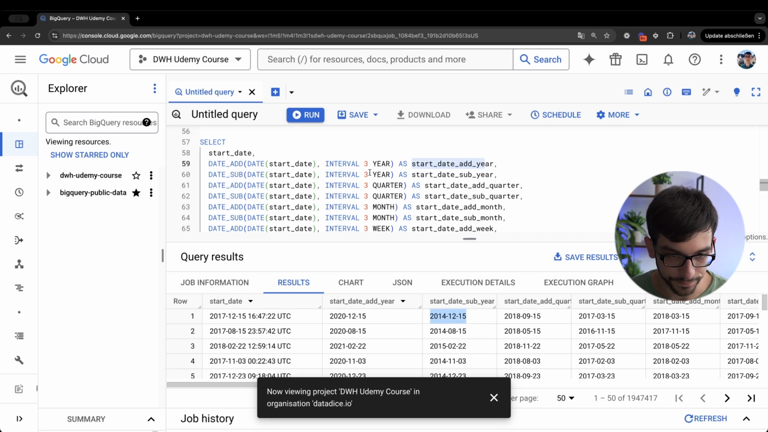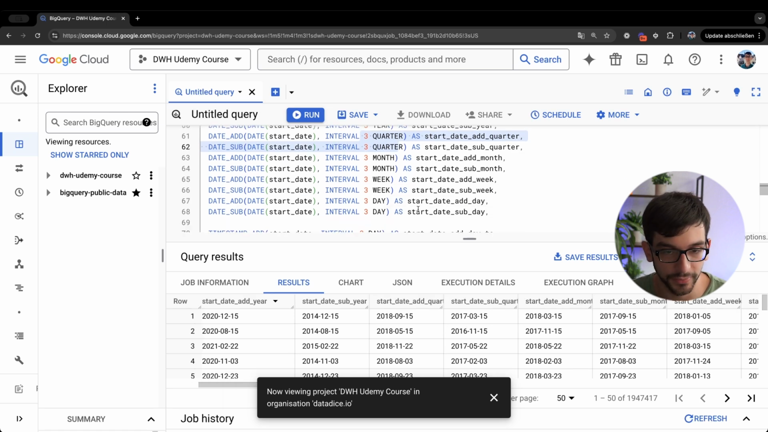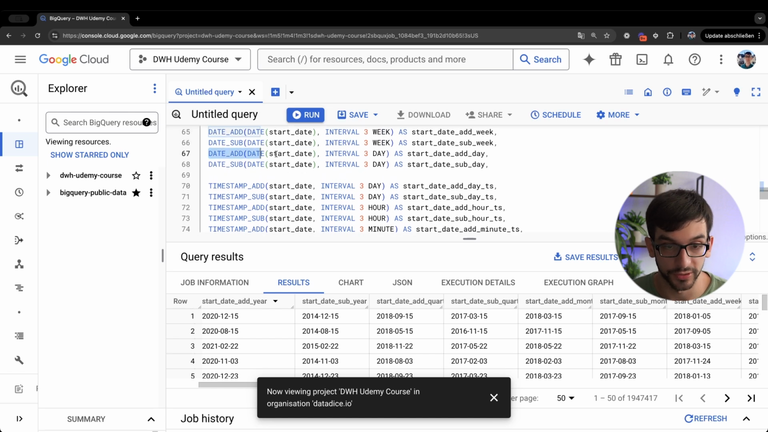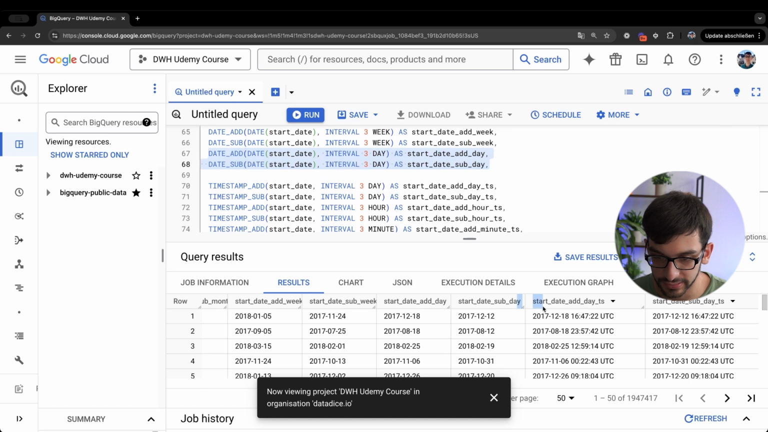Here I sub 3 years. So I subtract 3 years, which is then 2013. And then I'm adding here 3 quarters, subtracting 3 quarters, always from the same start date here. So I think quite easy. So you can do it per month, on a monthly level, on week, on day. For the timestamp for sure, so you can do it once on the date level per day and on the timestamp level per day. The only difference, as you see here, is that due to it being a date functionality, it's then really a date column. Here it's a timestamp column,